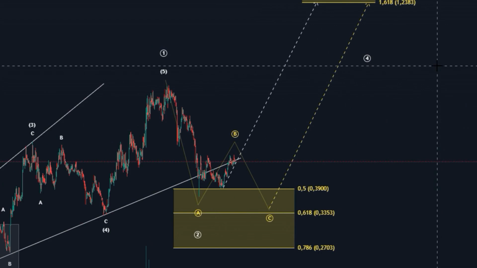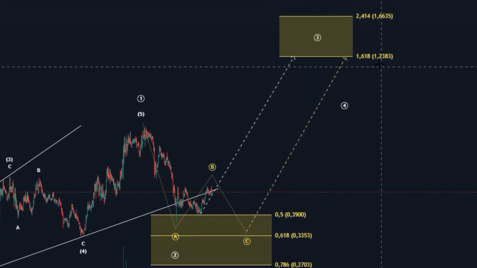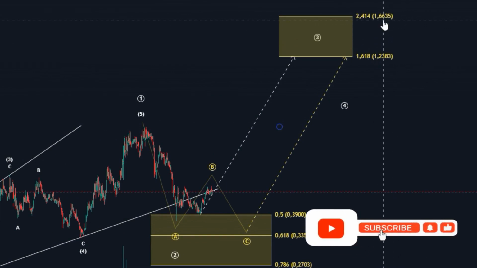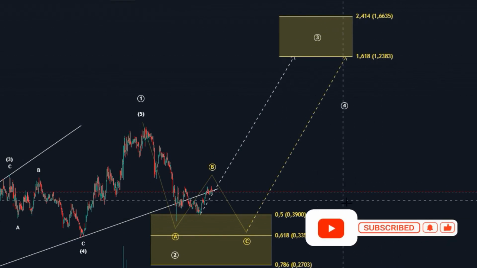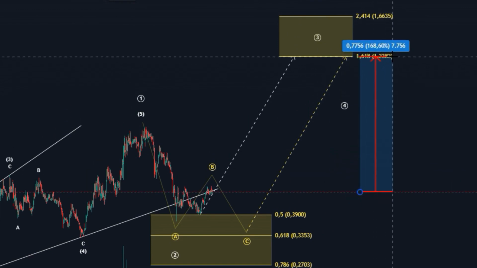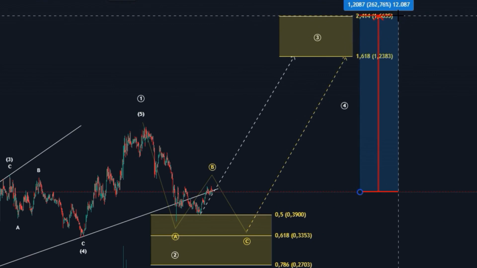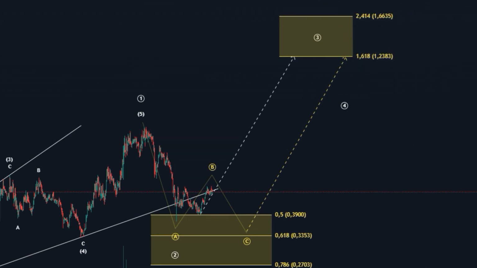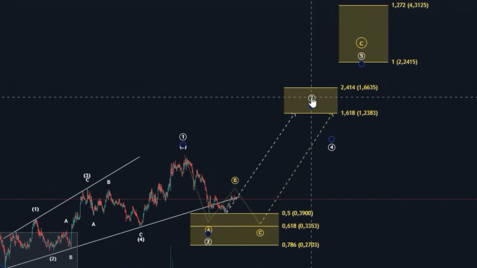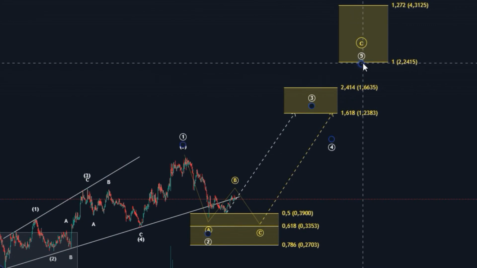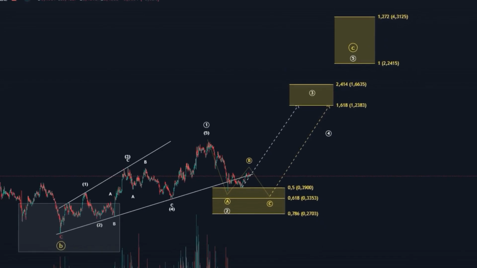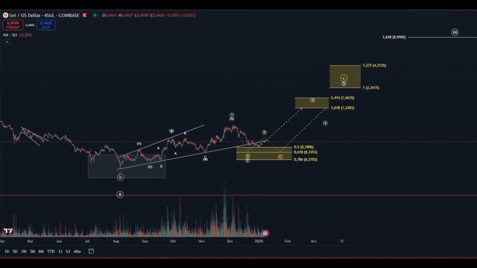Once we have completed this wave movement here, we will move up to wave 3. So we would already have a target of at least 123, maybe even 166. And that would mean, from the current price level, in the next rise, we would have the chance for 1.6x, or maybe even just over 2.5x. What will be crucial is how the structure develops here now. Because after this wave 3, there would be a wave 4, and then we would have wave 5 to C, where we would also reach the top of the bull run. And if we want to go even further up, we would be moving into the larger wave 3.